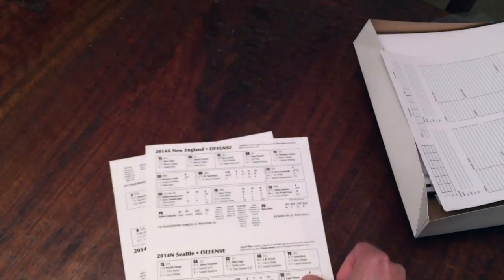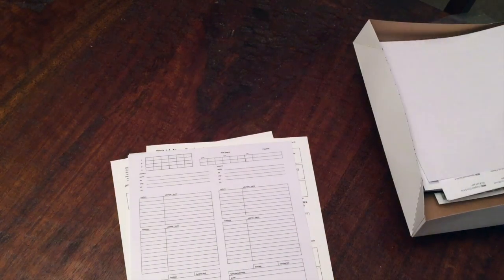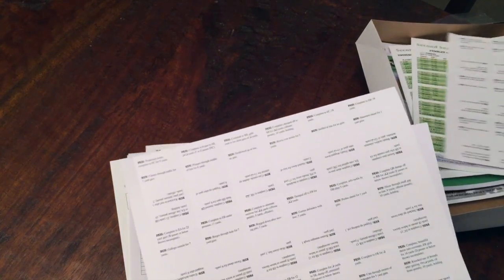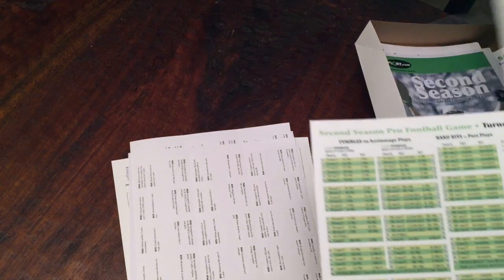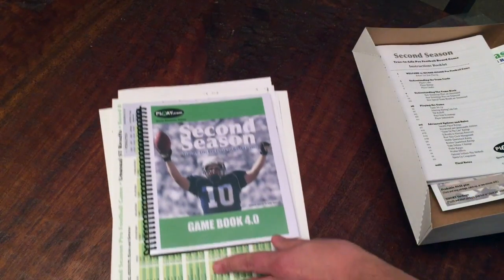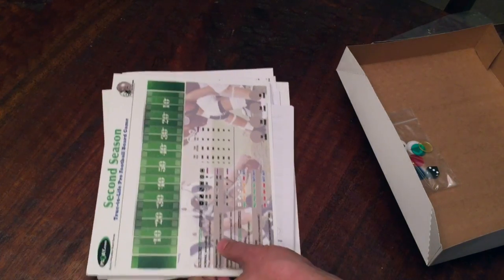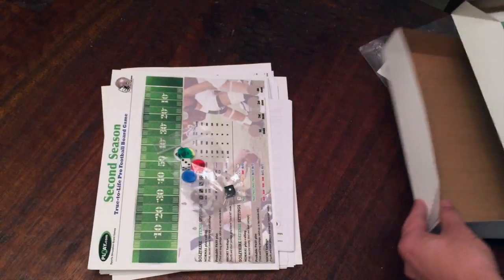So you've got the player sheets, team sheets, you've got the score sheets, you've got these new fast action cards that are going to speed up the game by getting plays run without having to pick an offense or a defense. You have the new boards. You have the awesome new game book. Can't wait to start playing. You have the instructions. You have the game board with the new solitaire calling charts. Very cool. You have the parts. You have the box. And then when you put it all together,